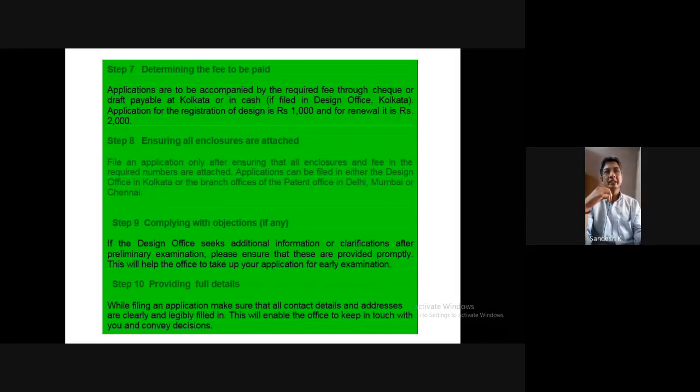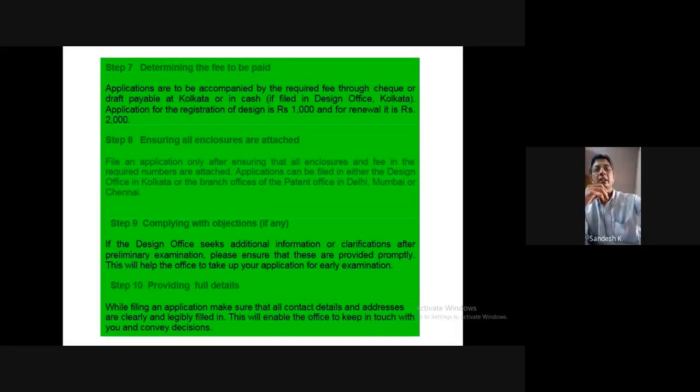Then, in case there is an objection, they will call you to clarify any questions. You provide your details and contact details and receive that. If it is feasible, then you get a grant for registration of the design. So it is so simple that with a fee of 1,000 rupees, say another 500 for this one, you can get a registration for a design if it looks good to your eyes. Next slide.